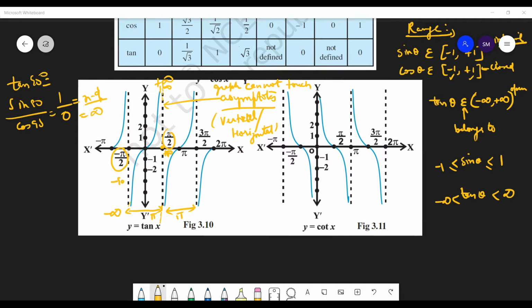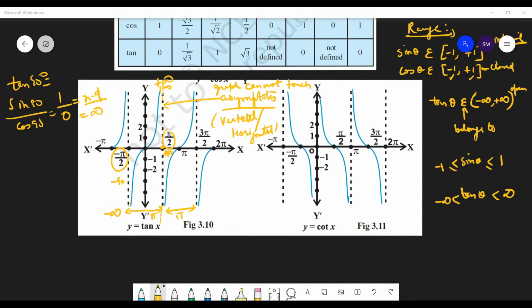Now we have the formulas. I hope all of you have NCERT books, right? Yes. So that is a must, students. The NCERT book is the survival book, so you must have that book.